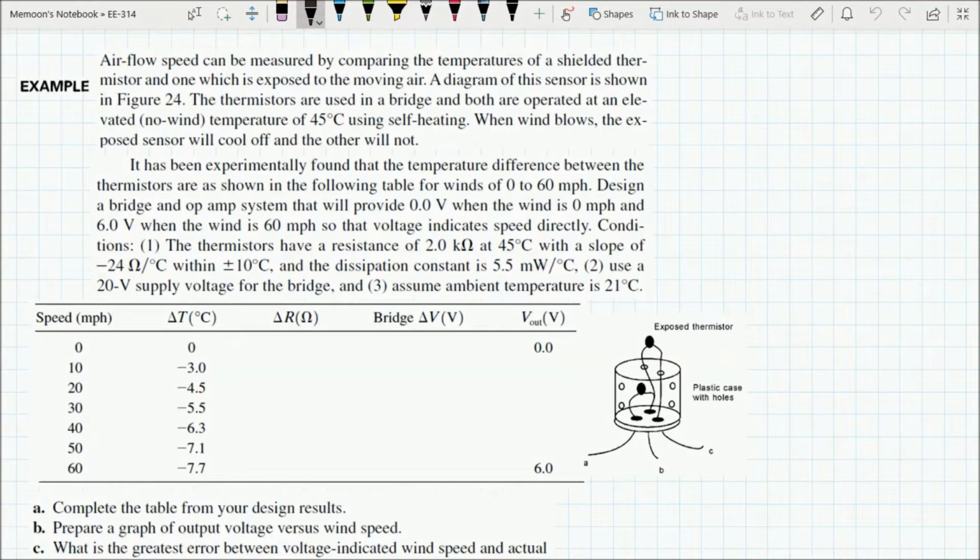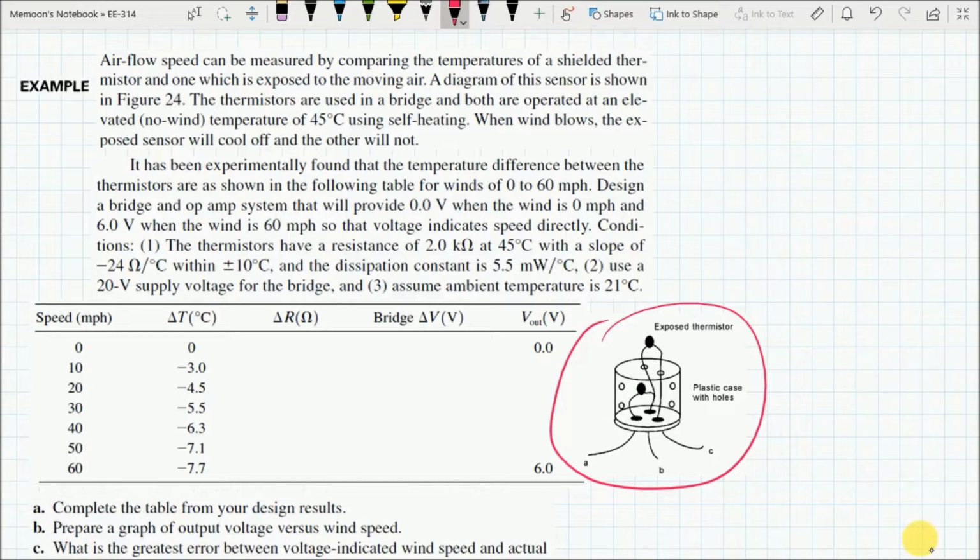Okay, so let's continue with your second example related to resistive sensors. This is a very interesting and a sort of tricky question. So let's see what the author is asking in that. The author is saying that we have two temperature sensors, both are thermistors, and they are used in combination to measure the speed of air that is passing through that environment. So this right here is your diagram that explains the working principle of your setup.